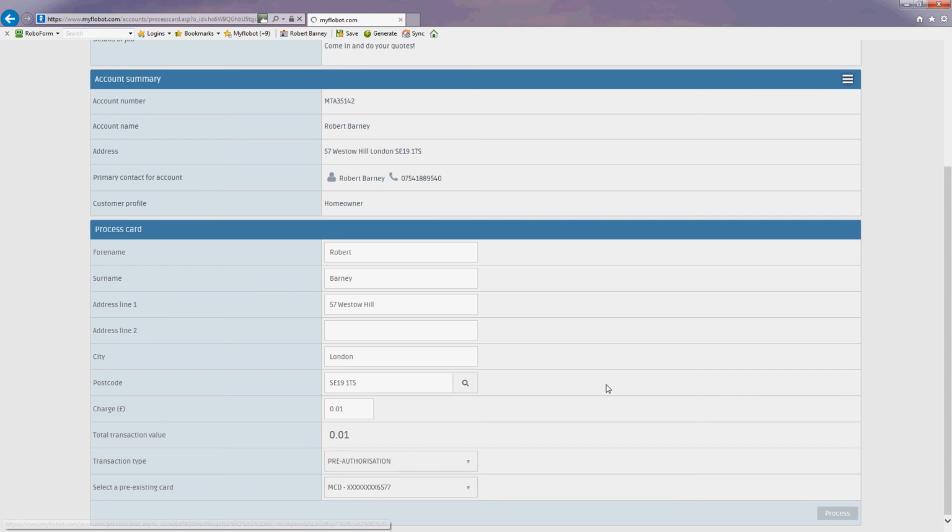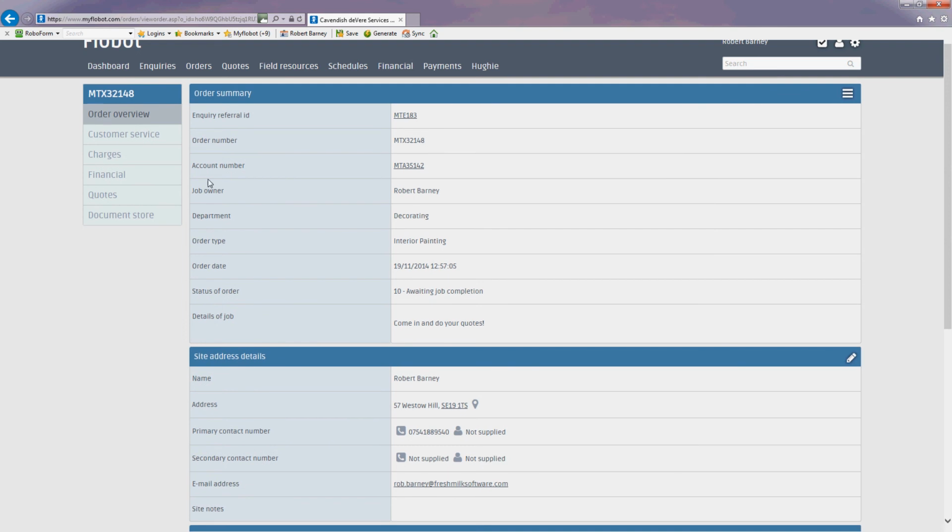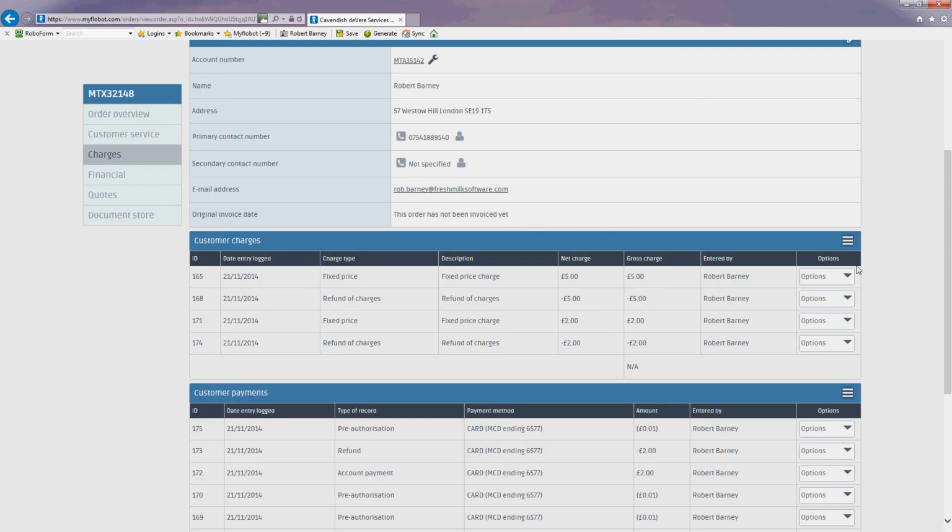And I'm just going to click process. And that has successfully processed. So we know that the card is valid. So we're going to go back and we're going to raise a charge. So customer charges,